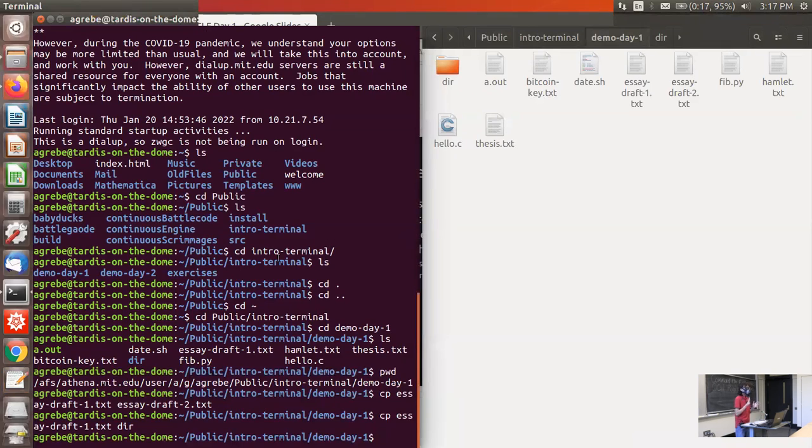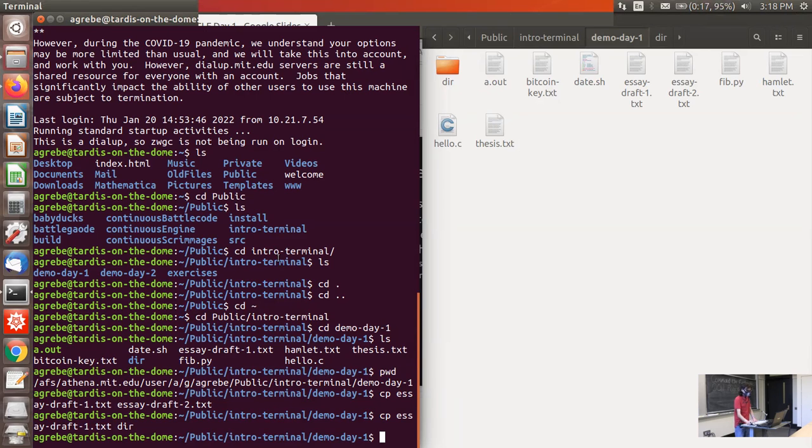I want to give you a word of warning about copying. In Microsoft Windows, and I think even in Mac or in most graphical interfaces, if I try to overwrite something while copying it, I'll get a warning, like, you're about to overwrite this file, do you want to proceed? And in Linux, at least inside the terminal, it does not give you these warnings.